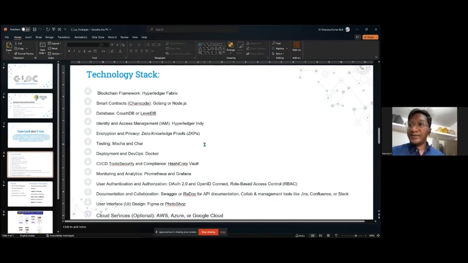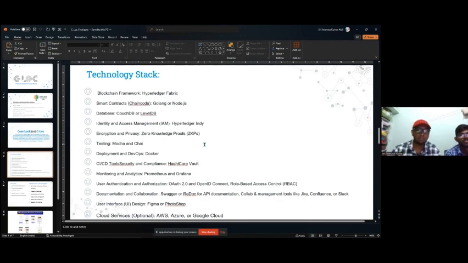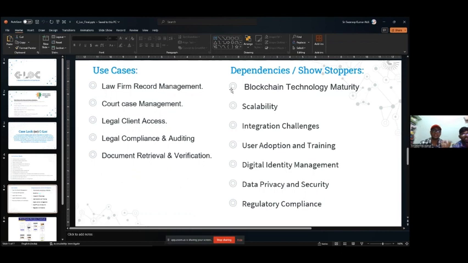I would like to add that encryption and privacy is handled by zero knowledge proofs, and identity and access management is handled by Hyperledger Indy, which is also a sub part of Hyperledger. It allows you to maintain a separate profile and have your own digital identity, which is helpful for granting access for any file, for any editing, or even just joining a case file. That's why we chose Hyperledger. It's convenient for this case and this structure. There's one more thing which will be discussed by Akshita and Shiva right now about the use cases and dependencies.